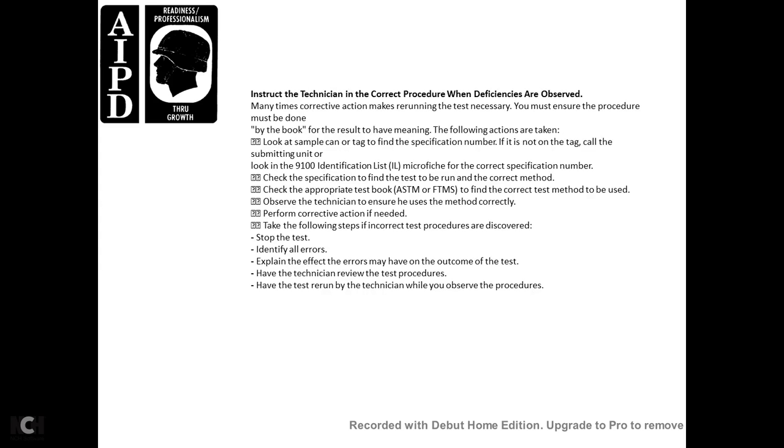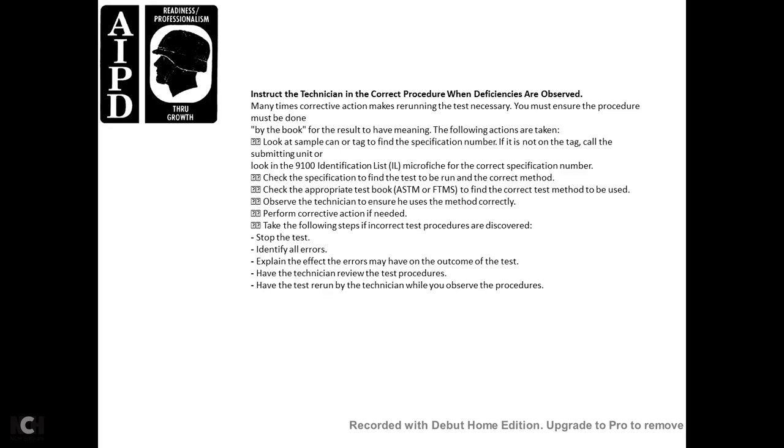Instruct the technician and correct procedure deficiencies when they are observed. Many types of corrective actions may be taken; rerunning the test may be necessary. You must ensure the procedure is done by the book for the results to have meaning. Take the following actions. Look at the sample can or tag for the specification number. If it is not on the tag, call the submitting unit and locate the 91 identification list microfiche to find the correct